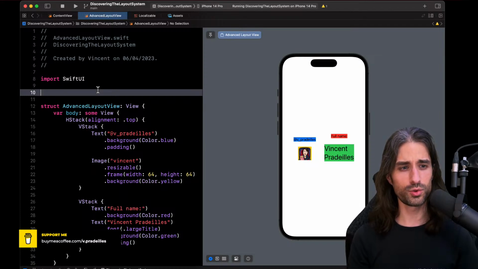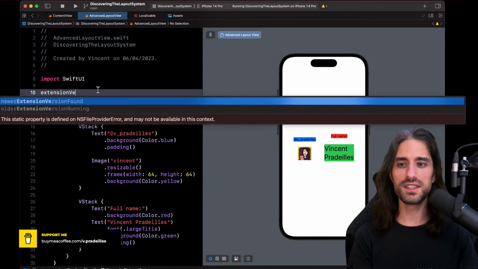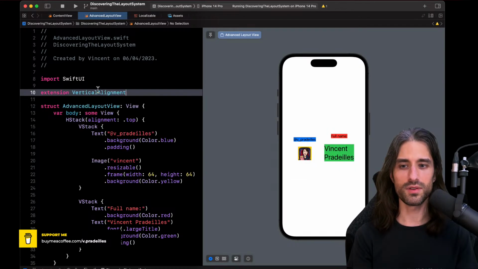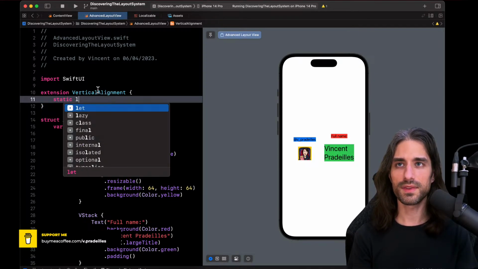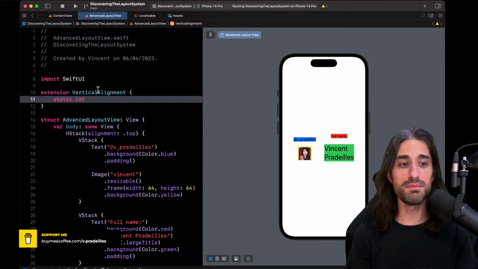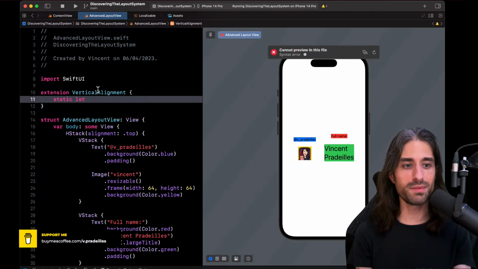So since we're going to do the custom alignment in our VStacks, we're going to extend vertical alignment. So I'm creating this extension, and inside of it, I'm going to create a static constant which will be my custom alignment. I'm going to give it a name that makes sense in the context of the view.